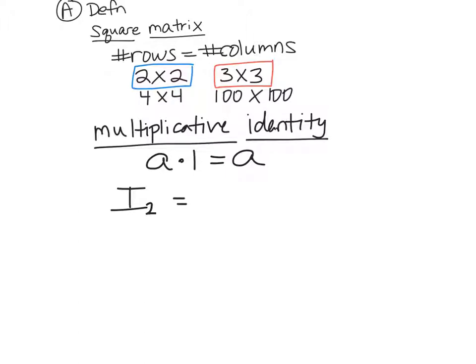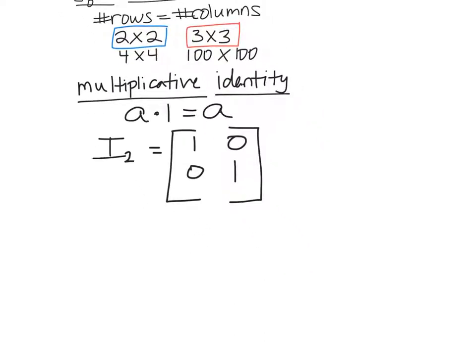The multiplicative identity, it's like the matrix equivalent of 1. Okay? It's this matrix. 1, 0, 0, 1. That's kind of dope. So if I take any matrix that I'm allowed to and multiply it times that, I will get my same matrix right back. If you were going to do this for a 3x3, this is what the identity matrix